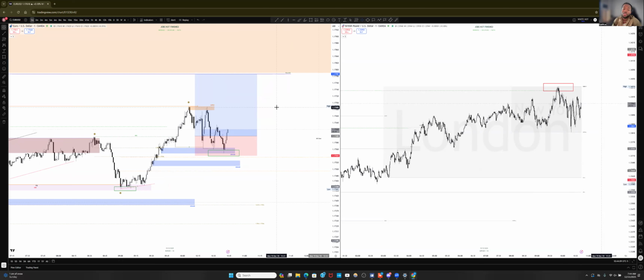So when you close early, you still lose. When price hits your stop loss, you still lose. So what's the point of even doing it? Regardless, it's still a loss that you take. Now, when you close early and then price hits your take profit, you lost and you could have won. So then that affects both your account and your psychology because you're spending the rest of the day like,